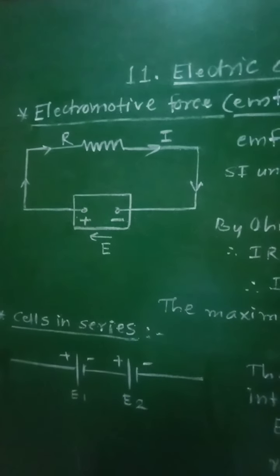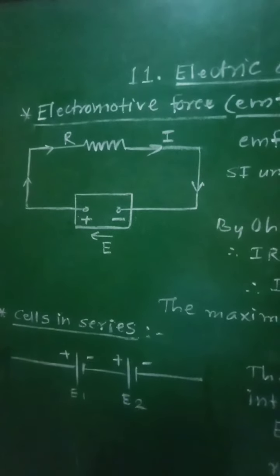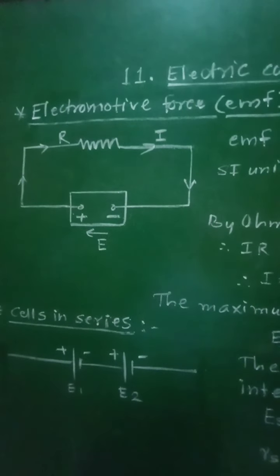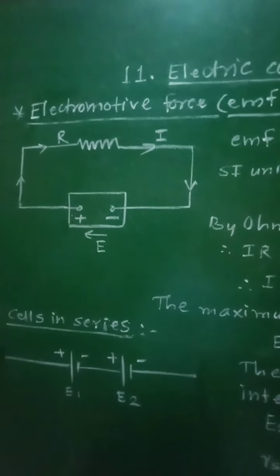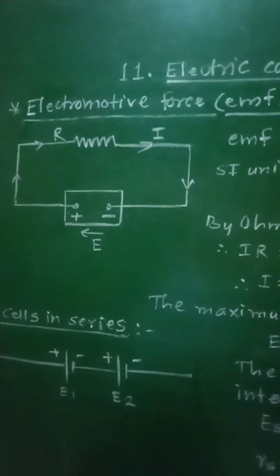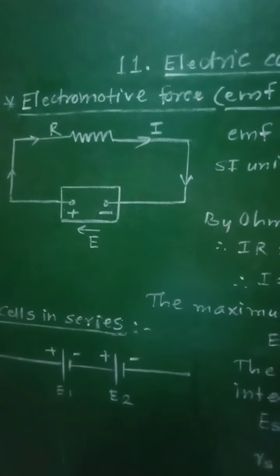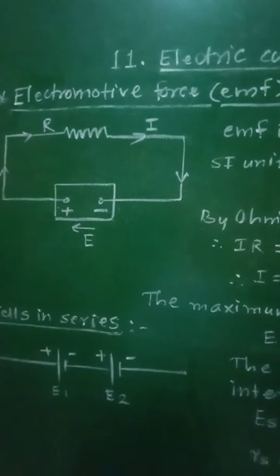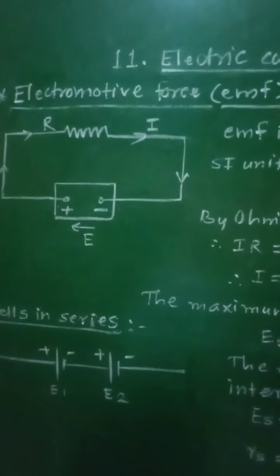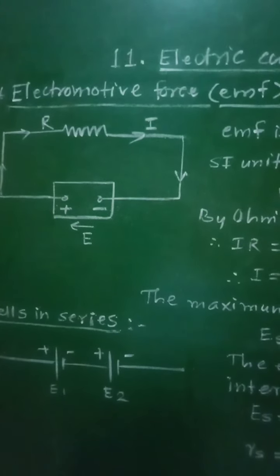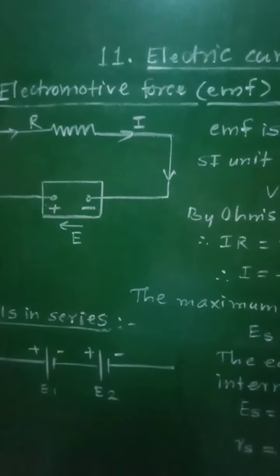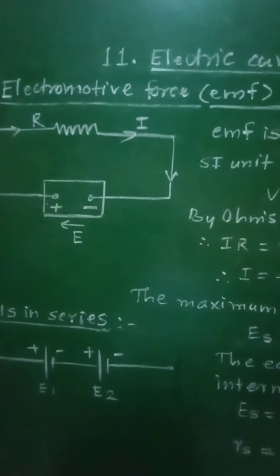Now when the electric charges move through the conductors, a potential difference is developed between the two ends of the conductor. For steady flow of charges, that is to maintain the flow of charges, the potential difference is required to be maintained across the two ends of the conductor. There is a device which maintains potential difference by doing some work on these electric charges. Such a device is called an EMF device, and it provides the EMF to that circuit.